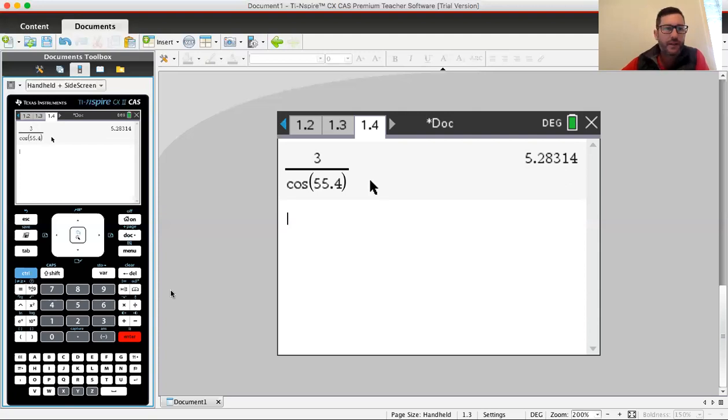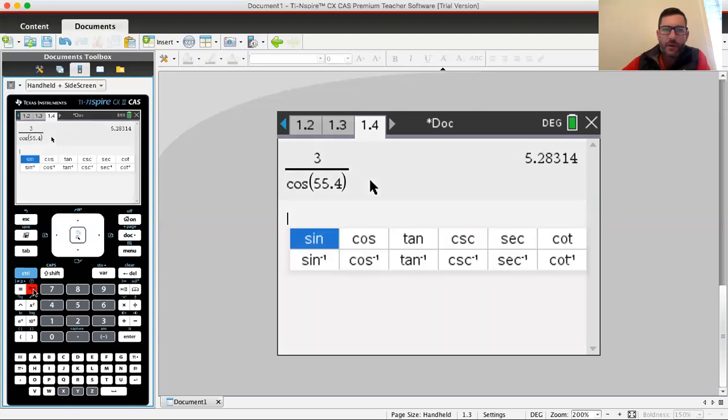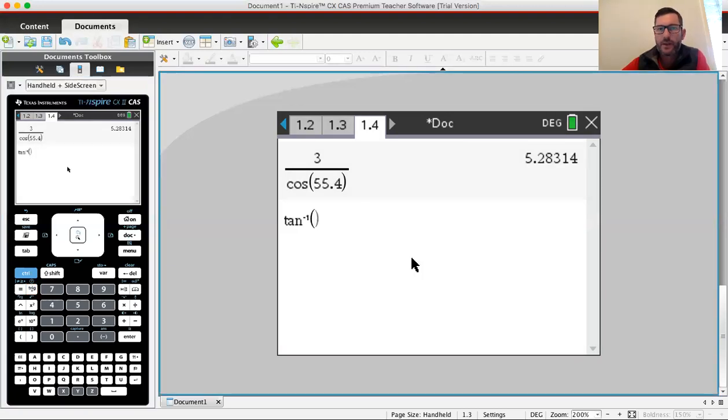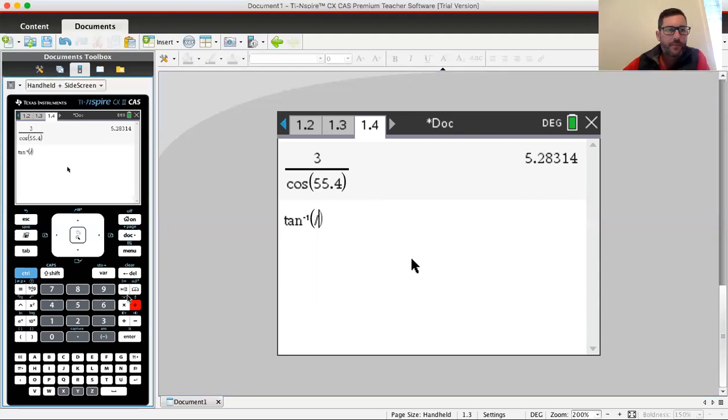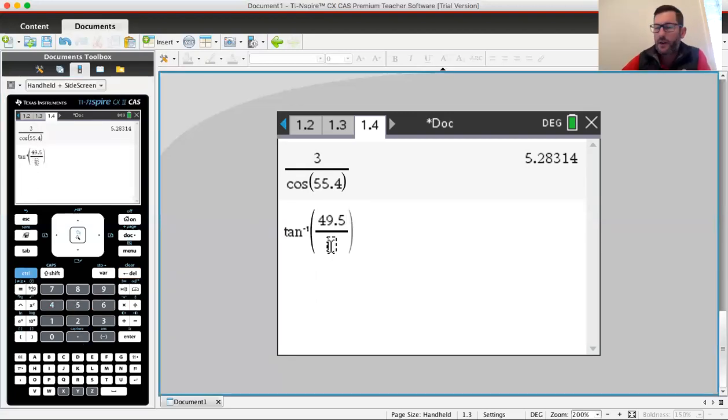So our tan ratio, this time around, we're trying to find the angle. So we need to use this one with little to the power of -1 in it. That's the one that'll get our angle. Then we press our fraction button to set up our fraction. I'll probably do Control divide. So we've got our fraction there. Now the tan function ratio works by having opposite over adjacent. So the opposite side for this example is 49.5 and it's over 22. Press enter and we get